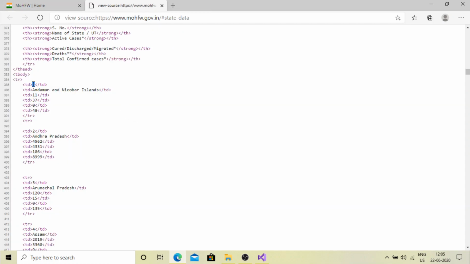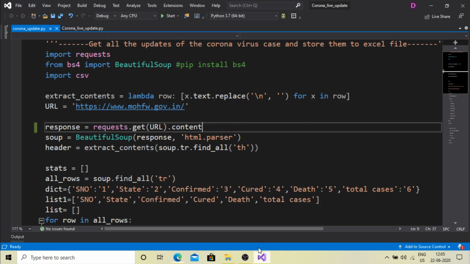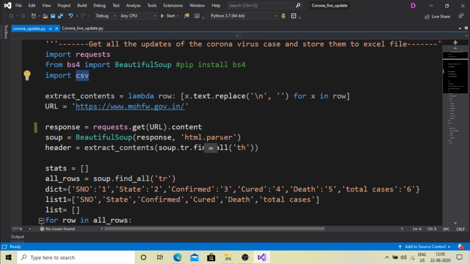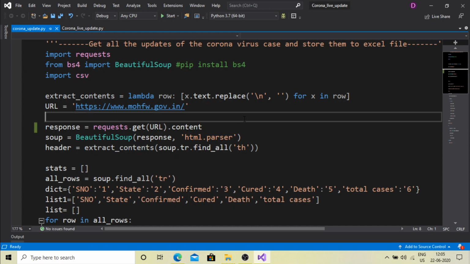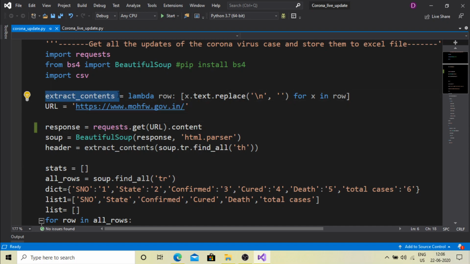So we will extract this HTML content with the help of our Beautiful Soup library, and with the help of the csv library we will write all the content into a readable or table format in our CSV file. So let's start by writing our first piece of code, which is extract contents.